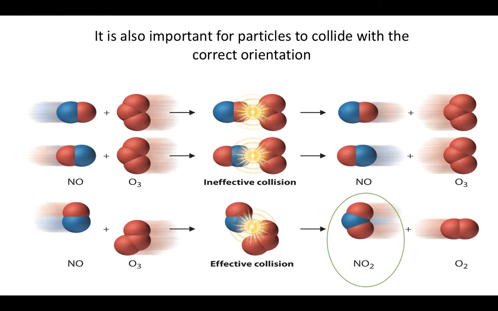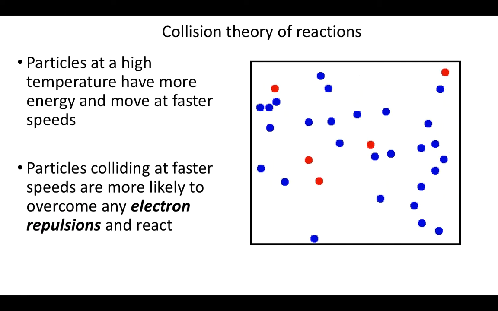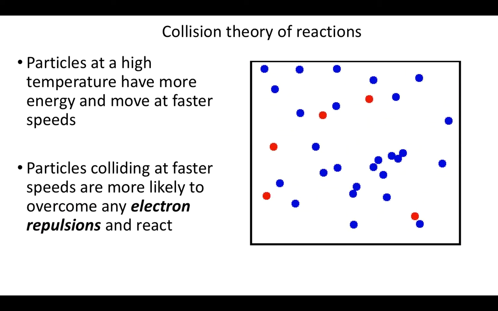You can think of two puzzle pieces. So when you're making a puzzle, the kind you make with grandma, grandpa, old people on a table, if you have those two puzzle pieces colliding in the wrong way, even if they are the right fit for one another, like they have the right groups that can join, like one sticky out bit and one hole, if they don't collide in the exact right way, they just won't stick together. So to reiterate, reactions need collisions to happen with enough energy to overcome electron repulsions,